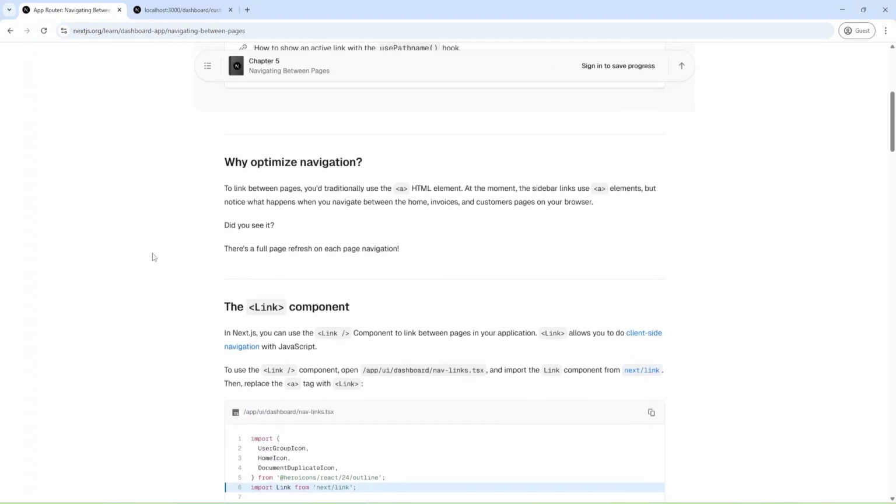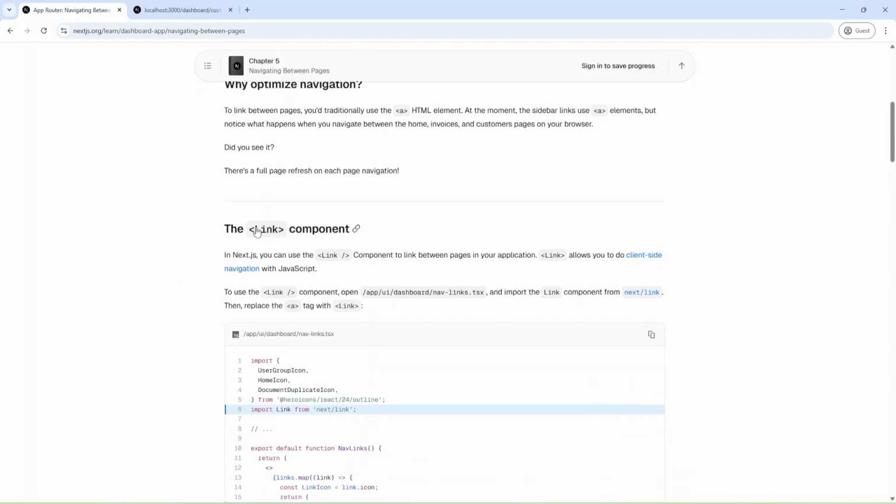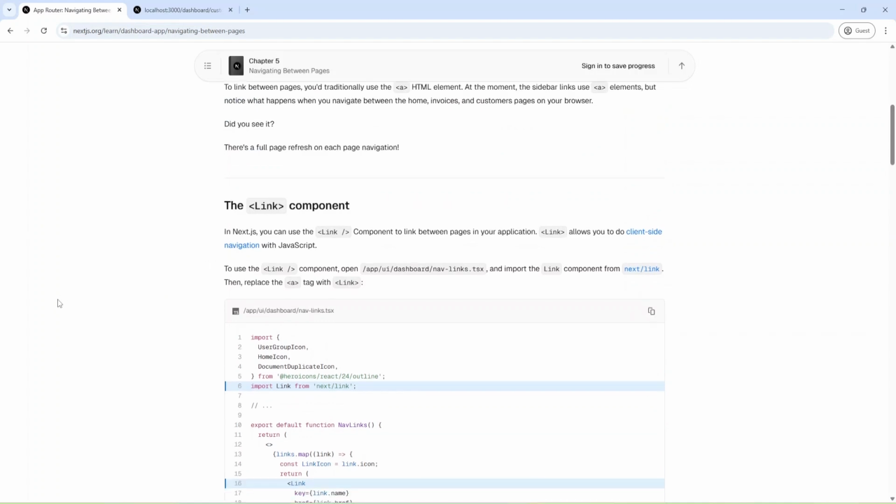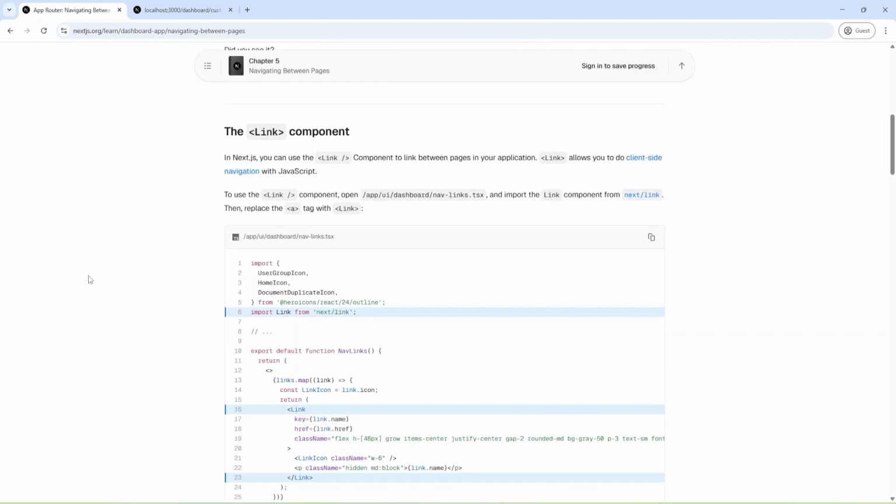Okay, and you can check why using link component is better than a HTML element, and we'll add a link Next.js component to our application. And inside dashboard nav links UI.